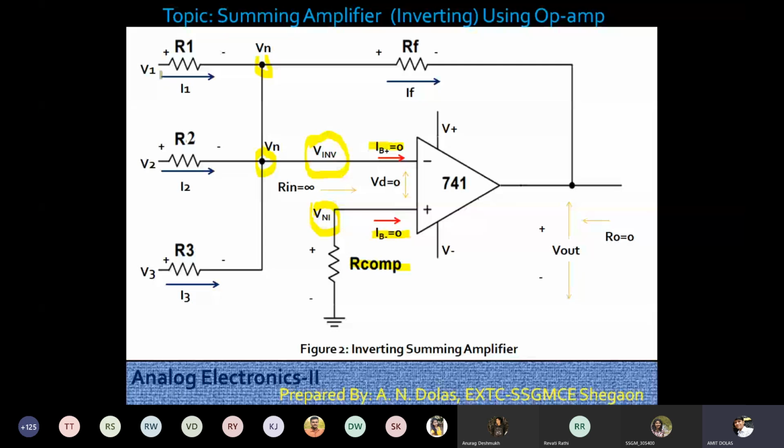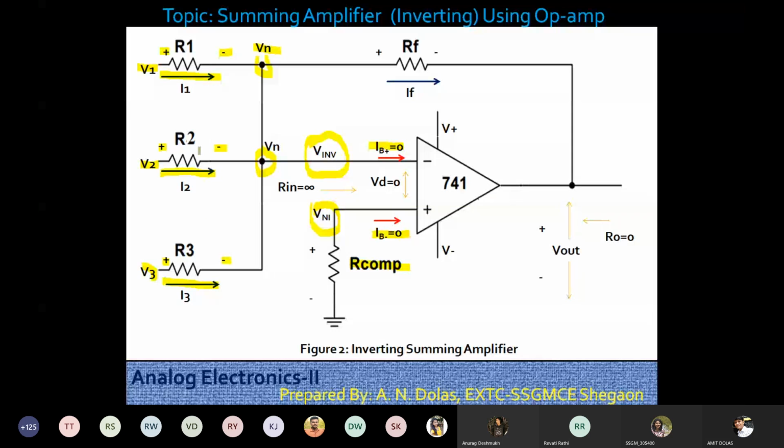So that's why I mentioned the respective currents. Current I1 passes through R1 due to source V1. Current I2 passes through R2 due to source V2. Current I3 passes through R3 due to source V3. Directions are the same. I considered all the sources positive, with directions the same, moving towards node Vn. Therefore, the voltages developed across R1, R2 and R3 are in the same way, positive on the left-hand side, negative on the right-hand side.